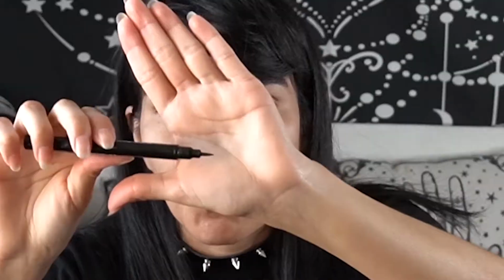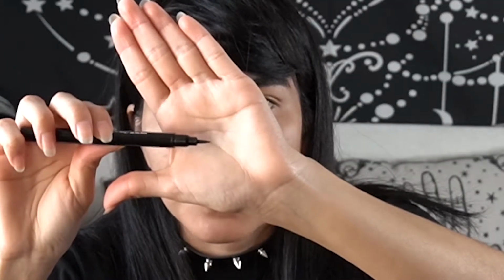Not really sure why they went with this choice, but it is what it is. And on the other side, you have a kind of more pointed liner right there. And from the looks of it, they are both a felt tip. If I were to offer any criticism over this liner pen, I would have preferred one side to be